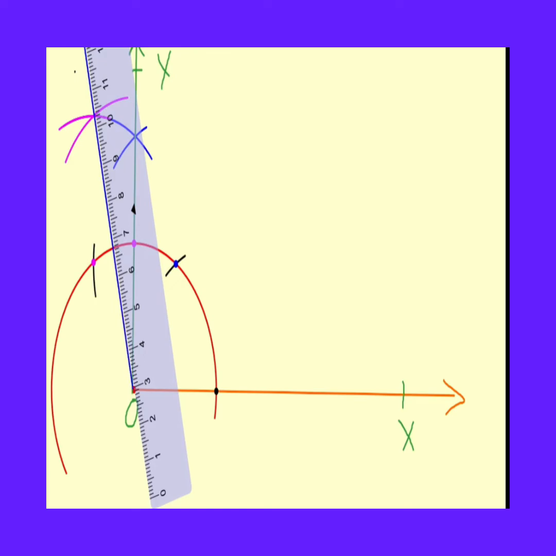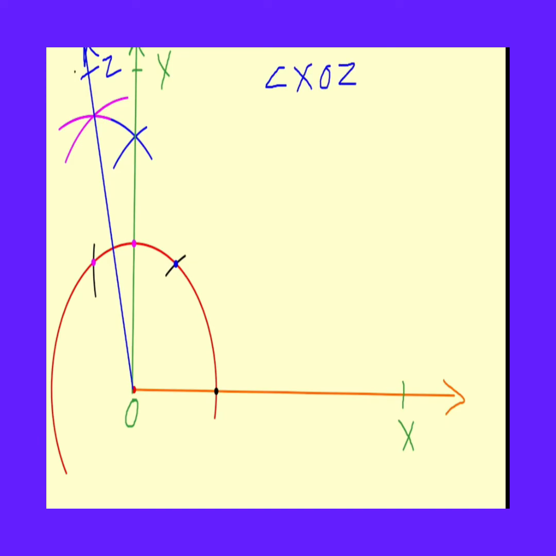If you mark the ray with the blue line, let us say Z, then you can say that angle XOZ equal to 105 degree. And here if you want to construct angle